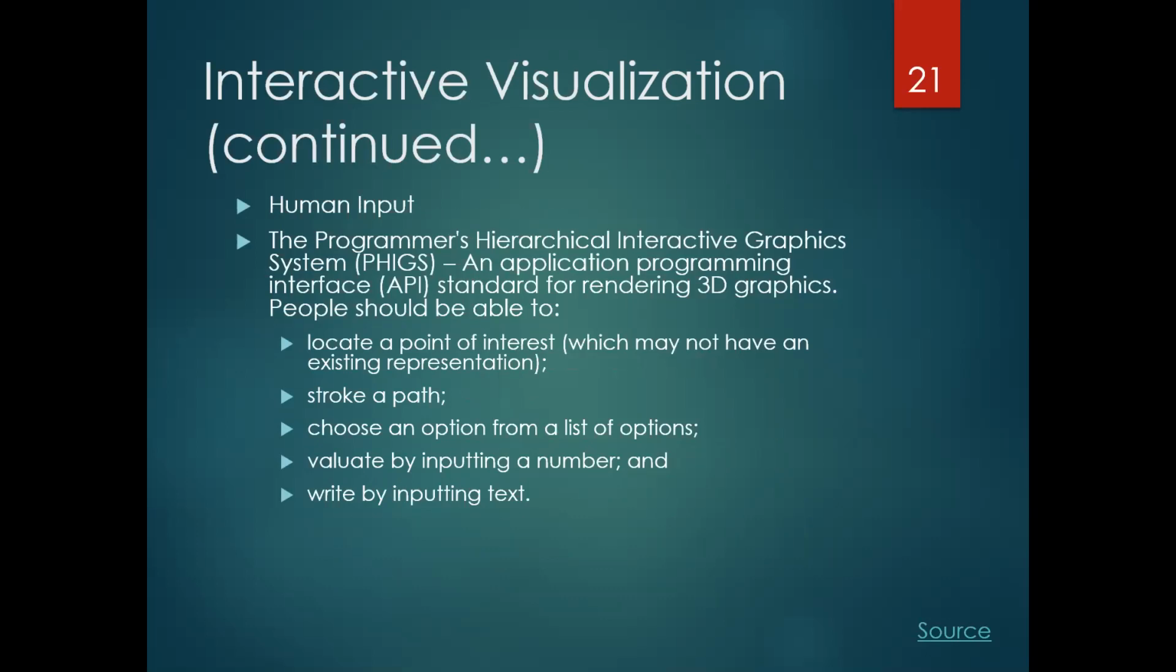And there are some principles. The most famous one is called PHIGS. It was proposed by programmers in, I believe, the 1980s. These principles were initially used for video games, for 3D video games. So according to this set of principles, in order to meet the requirement of human input,